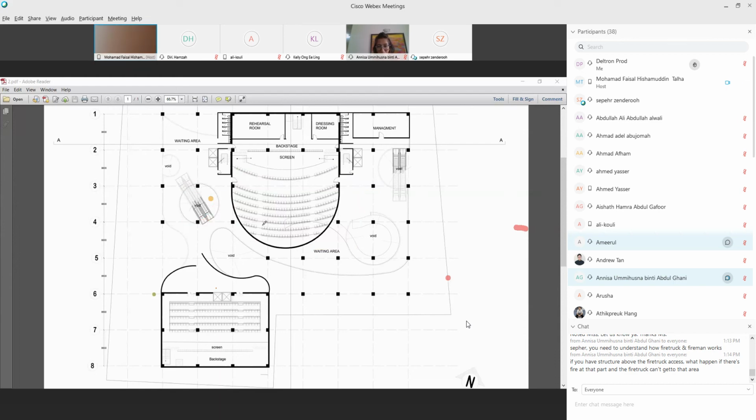because structurally it doesn't make sense to make a hole there. Structurally, it makes more sense to make a hole here. You see? 4 columns supporting a ring beam makes more sense there. Or you can have it cantilevered. I don't know how big the circle is.